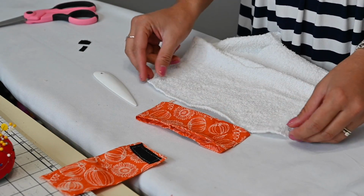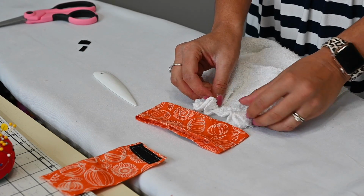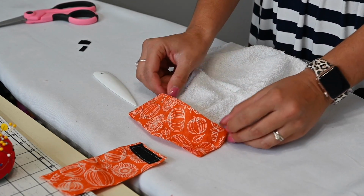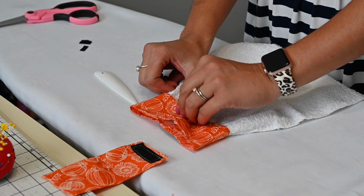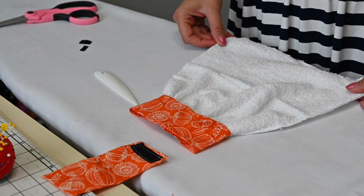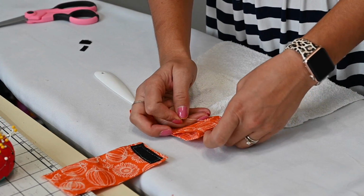So we're going to grab our towel, and you can either go over to your sewing machine and put a gathering stitch on your towel, or I'm just gonna fit it in here and kind of gather it as gathered as I want it. It's not super gathered, but I'm just giving it a little gather, see? So it's gonna be super cute. And then I'm gonna use my pins and pin it on